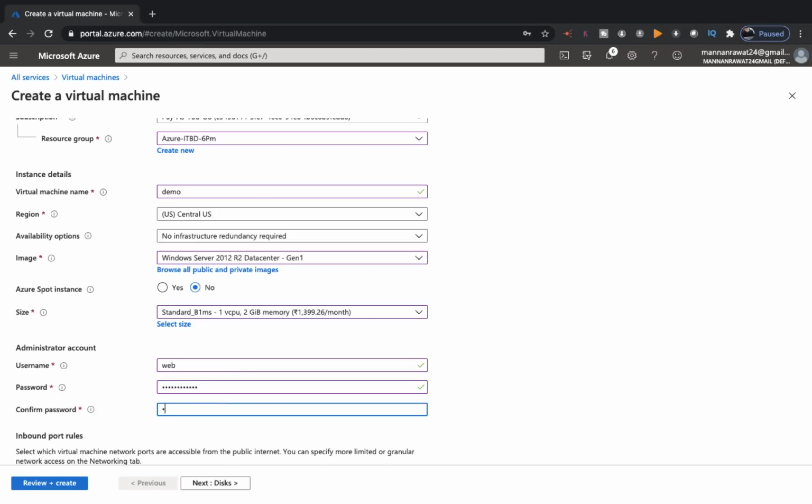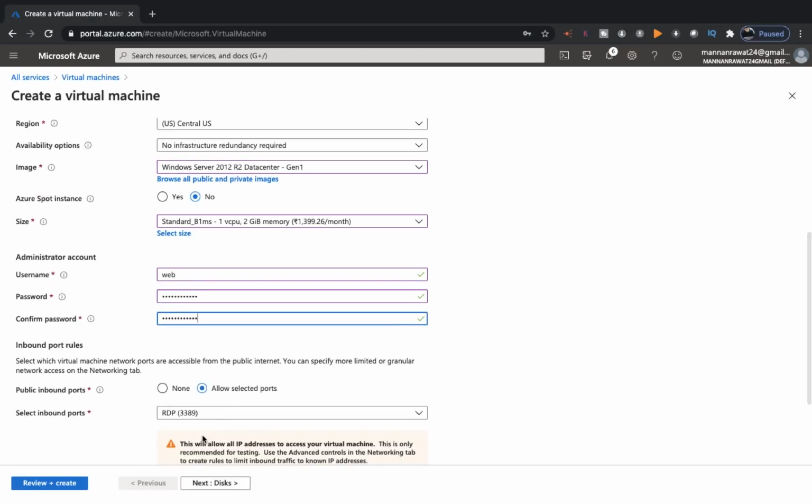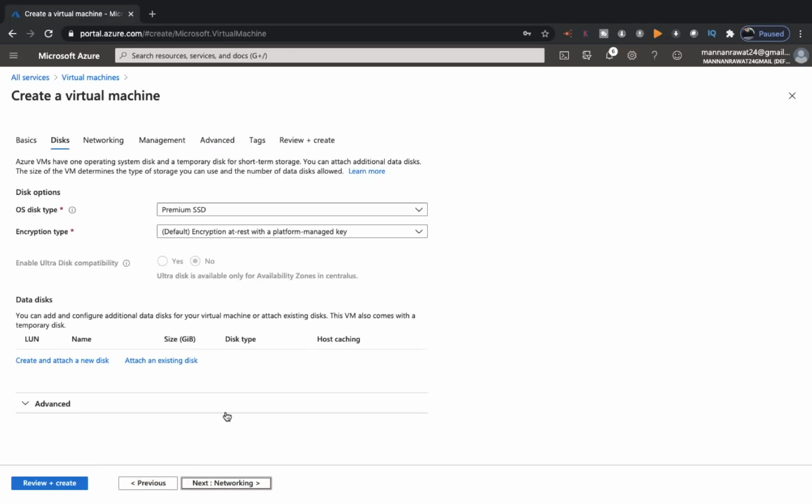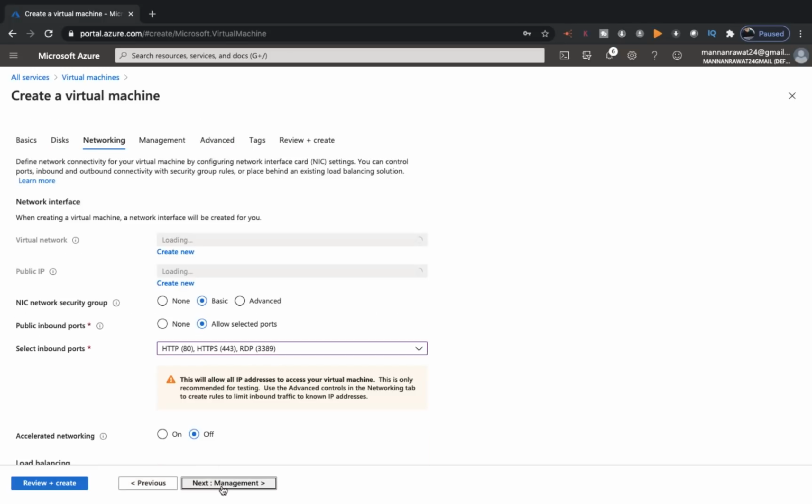Fine. So I'm going to proceed with my password. Next, you need to add two different ports. Just add 3389 to access your RDP. 443 and 80 are used to host the website. No need to make any changes here. I'm going to click next, next, and finish.